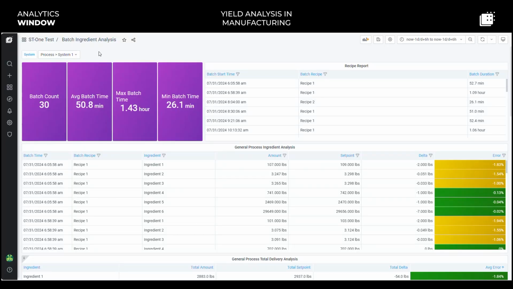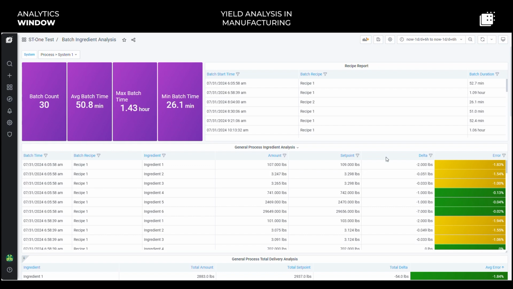Okay, let's go straight to the dashboard and analyze some important metrics. First, we can see that it's possible to select which juice processing system we are analyzing and select the time interval we want to analyze. So, starting with the data, we can see that initially we have some statistics about the batches produced, such as the batch count, the average, maximum and minimum batch time. It is already possible to understand how close the average time is to the expected time value and understand what the main atypical values were. And then we can see a table below with various information about each batch as well.